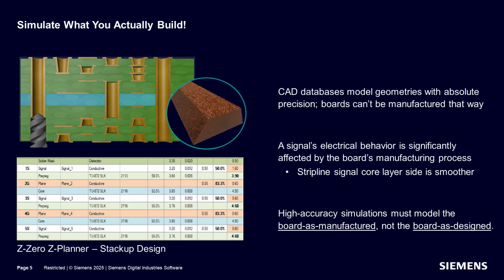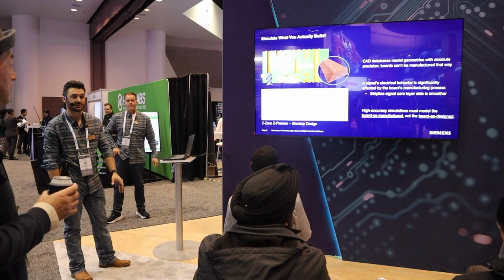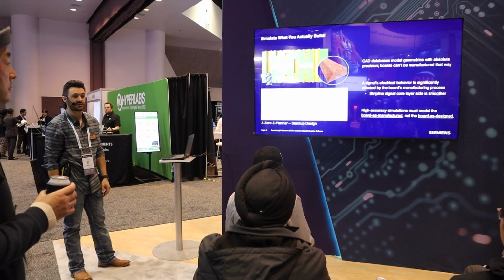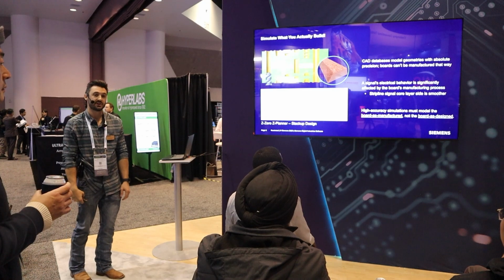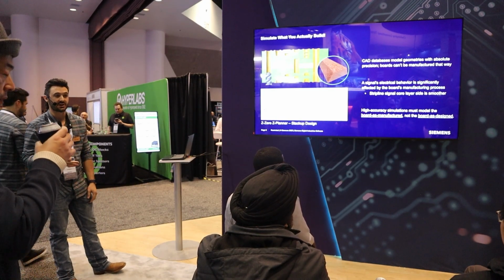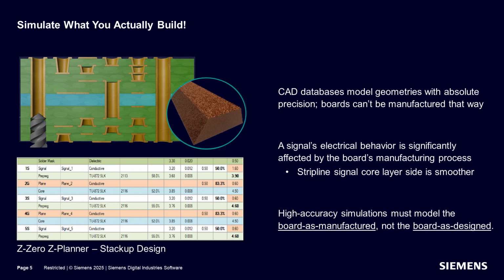Another significant problem is that the behavior of an electrical signal varies significantly based on how the board is manufactured. If we take, for example, a stripline signal, the side of that signal trace facing the core layer will be much smoother and therefore exhibit less loss, whereas the opposite side facing the prepreg layer of the stack-up will be much rougher and exhibit more loss. So it's critical that we model these rather subtle effects in order to build an accurate interconnect model for the